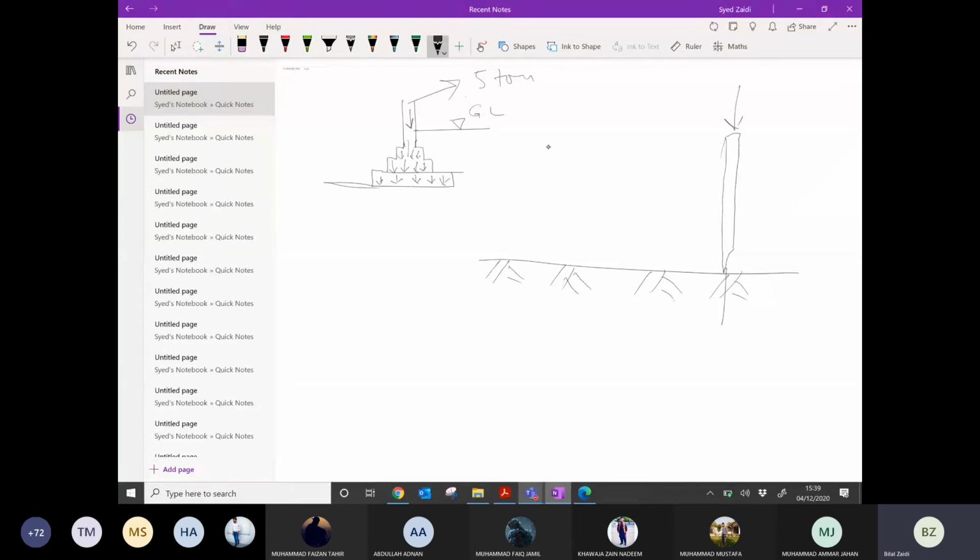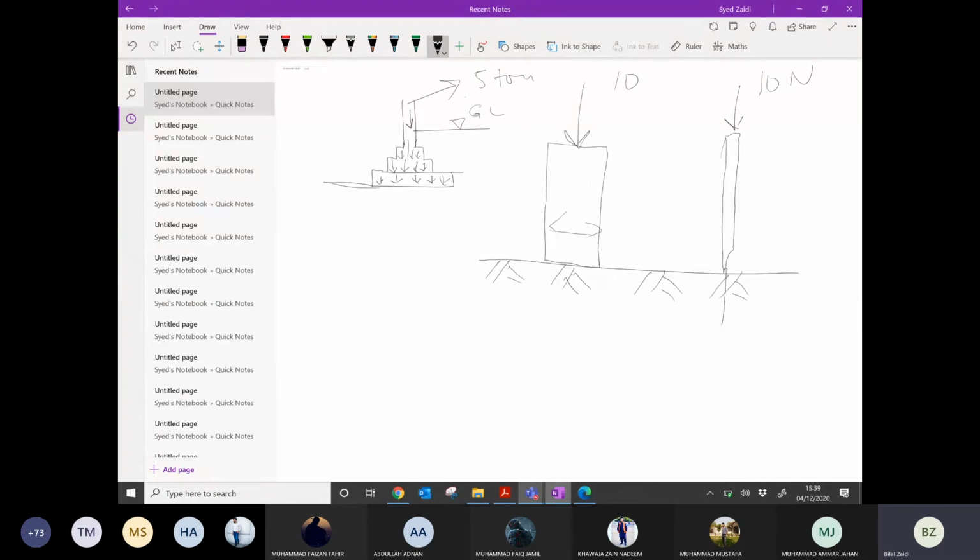But if, for example, you have a wood of this width, and you try to push that wood into the soil with the same force, for example 10 Newton, the 10 Newton force may be able to penetrate the steel bar easily, but with the same force you will not be able to penetrate the wood. Why? The width is more here.